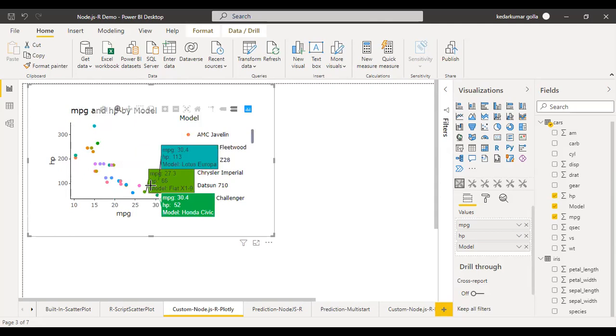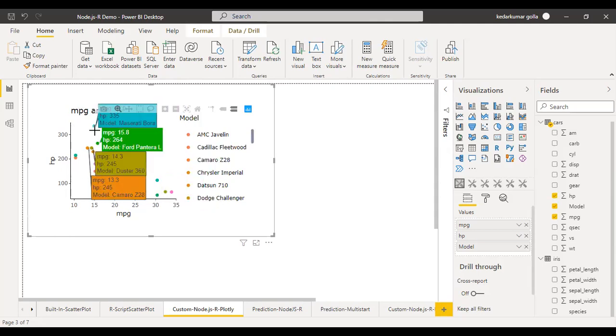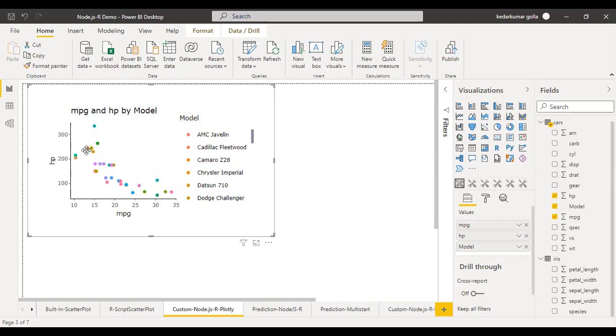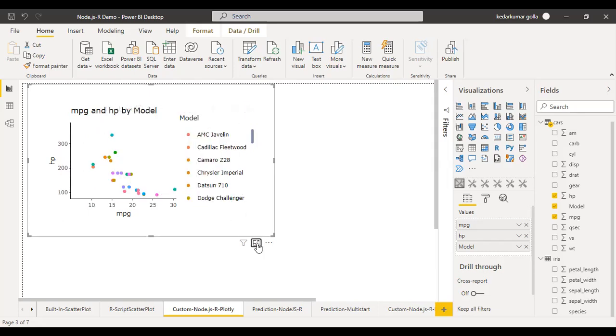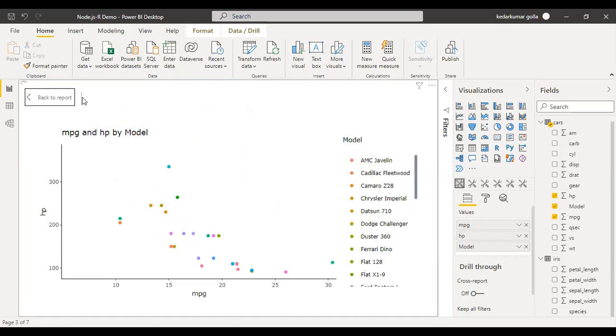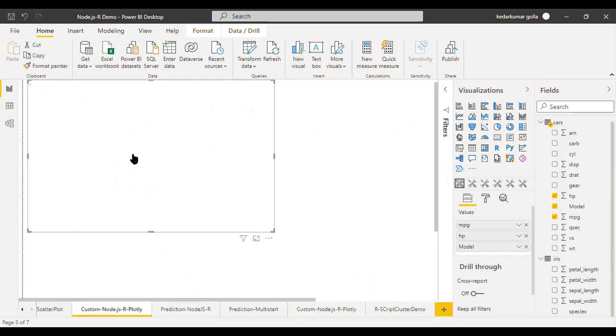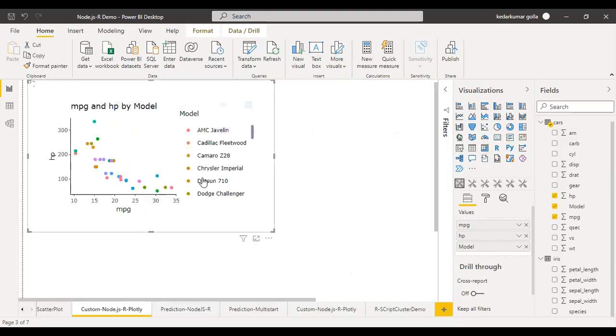So for this kind of thing, if there are nearby points, we can use this label comparison feature, or else you can pan the scale itself to move this. If your main Power BI dashboard has very little space, the client doesn't need to use focus mode to expand it every time. If you are able to create these Plotly or ggplot images, they can easily use it. But this is just a small extension on top of the Power BI built-in features.